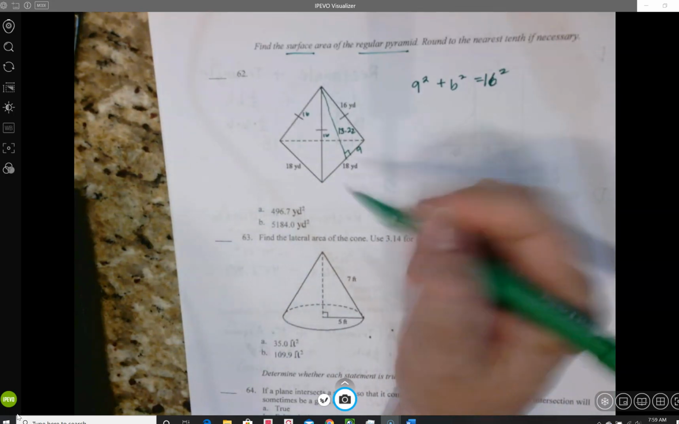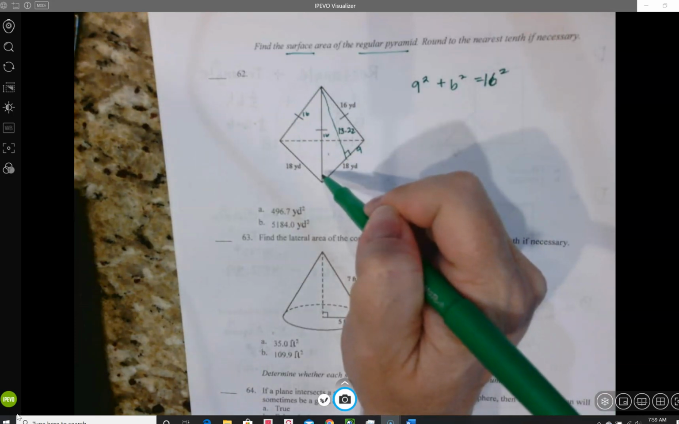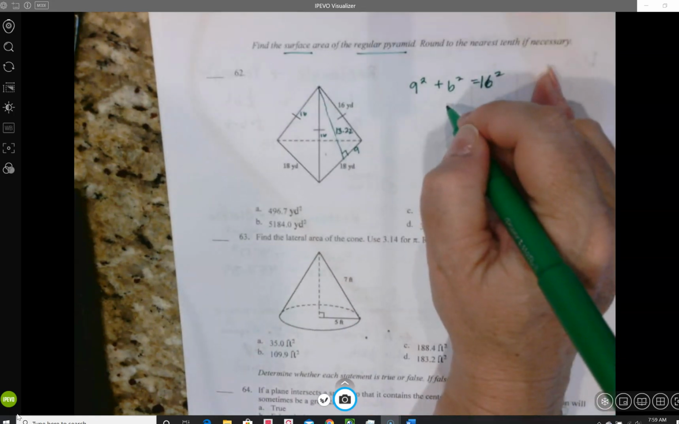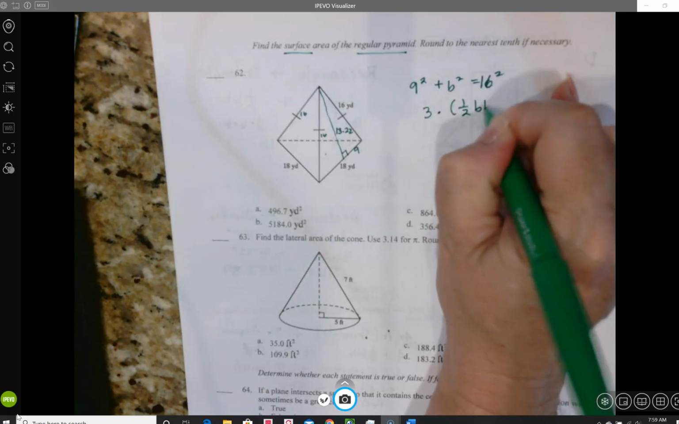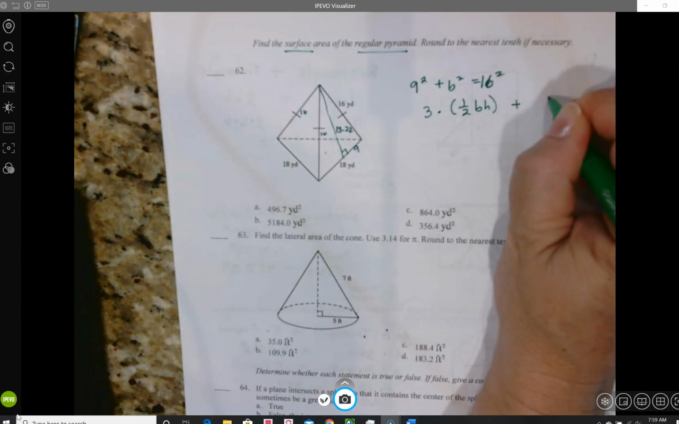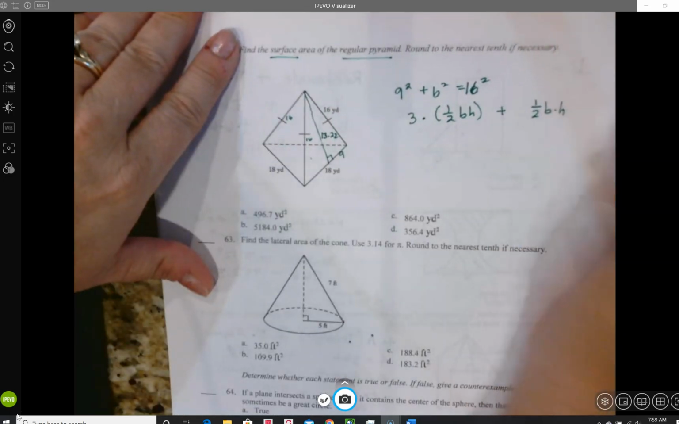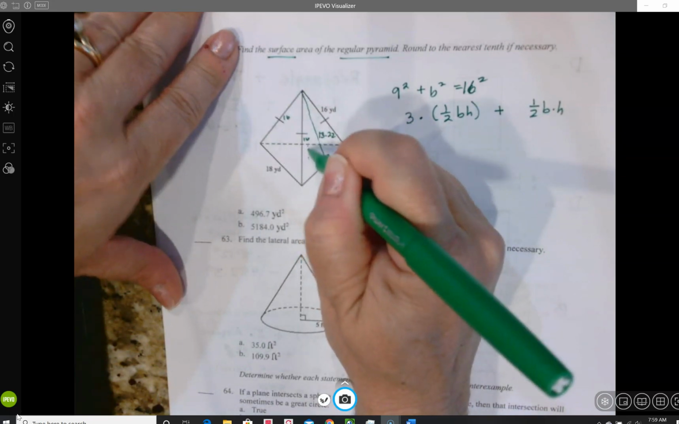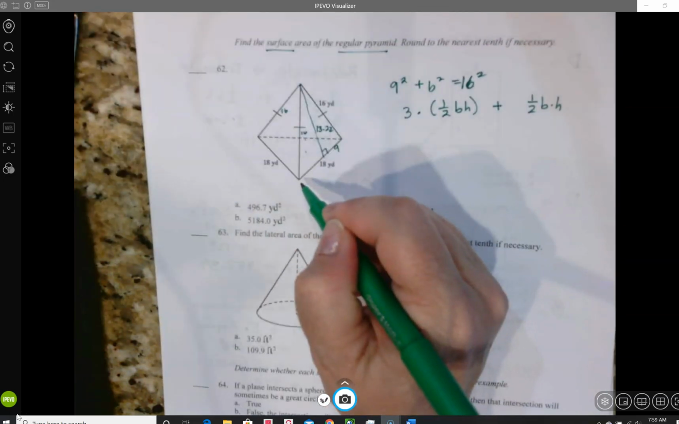And then on the bottom, that's a different triangle. So pyramids can have a different size base. So I'm going to add 3 of the triangular sides, and then I'm going to add the area of the bottom, which is separate. And now to find the area of my bottom side, I'm going to have